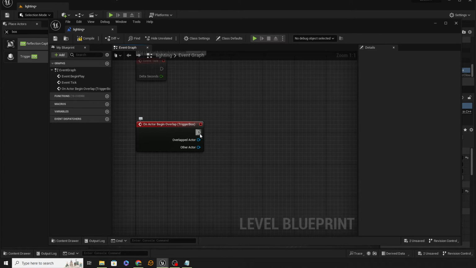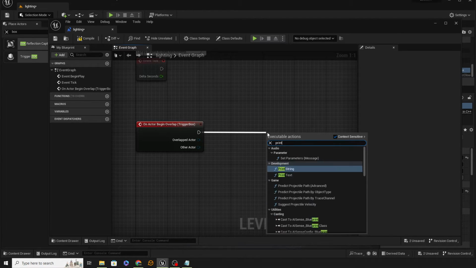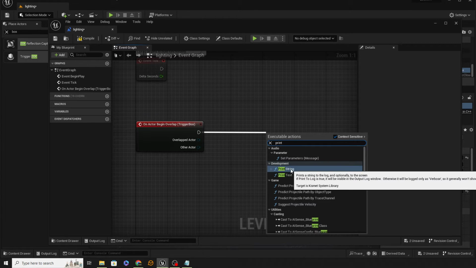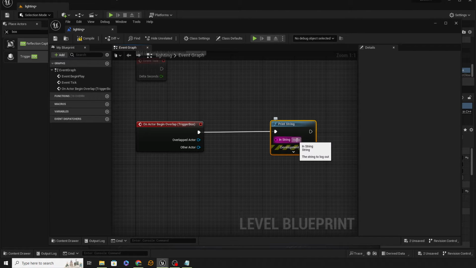So what I'm going to do is drag this execute pin out. I'll just drag it to the right, and I'm going to type out print. And you'll see here we've got in development two options, print string and print text. So I'm going to do print string, and this is going to print it to my screen. See, it says hello, and I'm going to change this to hello world,